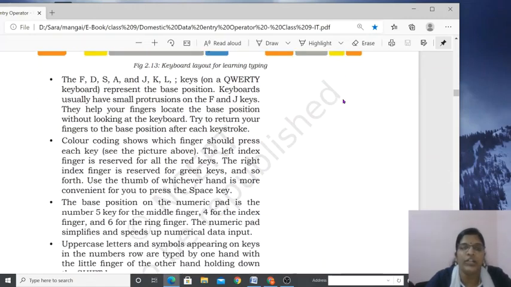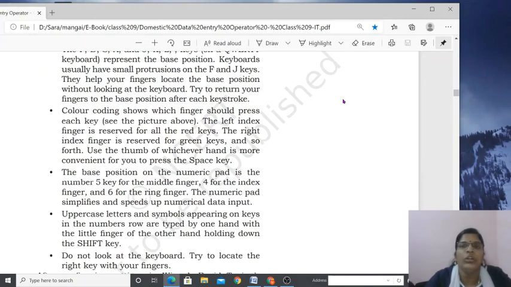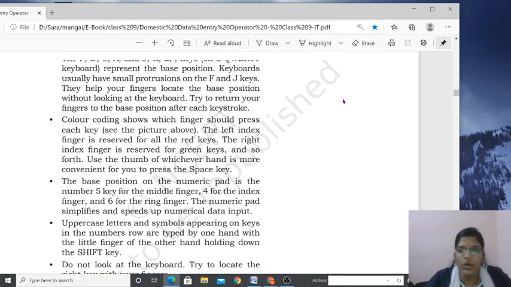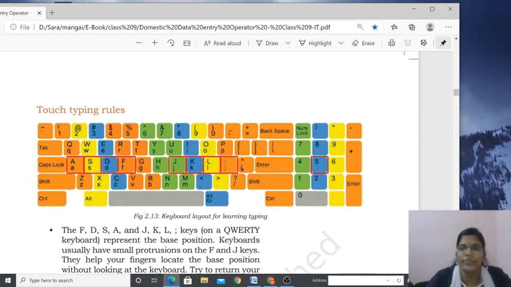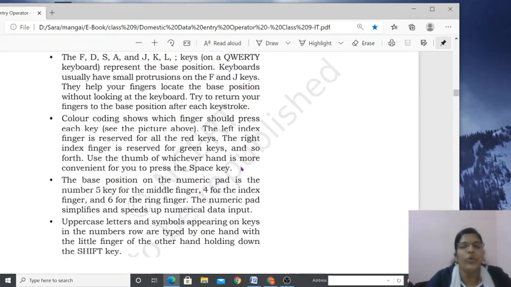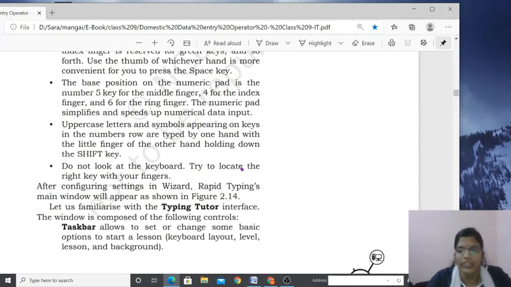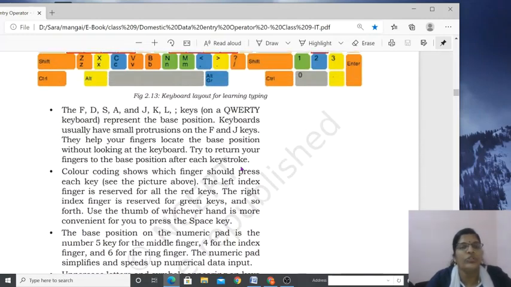So that is the third rule. Then what is the fourth rule? The fourth rule is, if you want to do a capital letter, or if you want to access any of the special characters, then how to use it? You have to hold down the shift key and then press the particular key. You will get it. Got it? So these are the 4 rules you should follow. Clear? So what are the 4 rules you should follow?